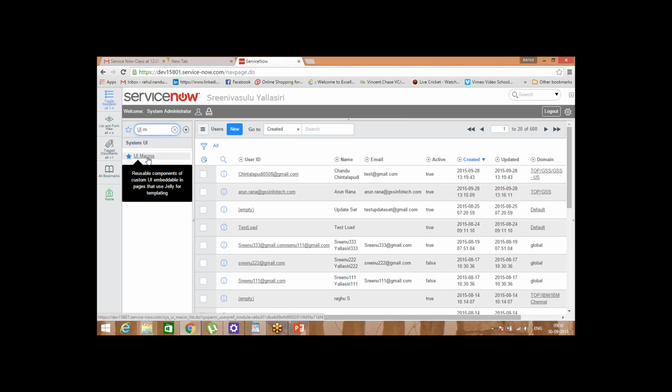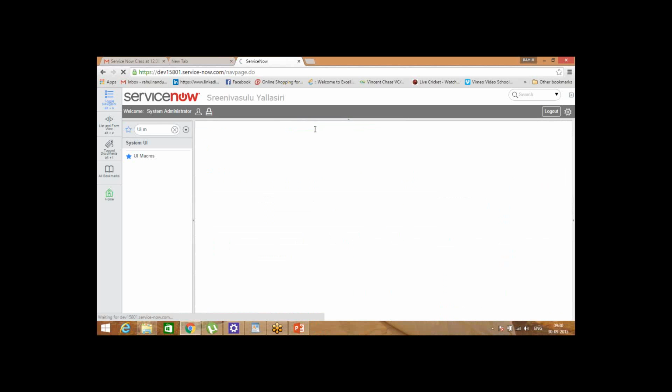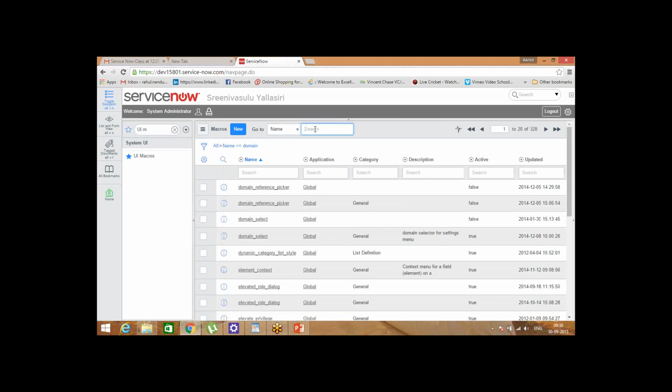Chandu, can you do this? UI macros. Yes, click on that. This is the search button. Click on domain and hit enter. Domain, okay, I got it.